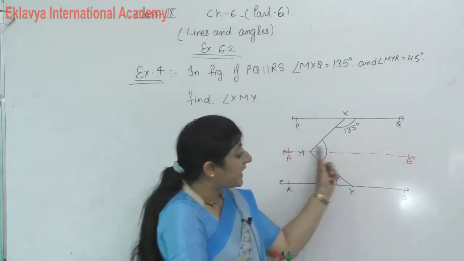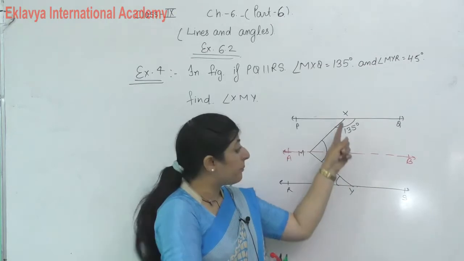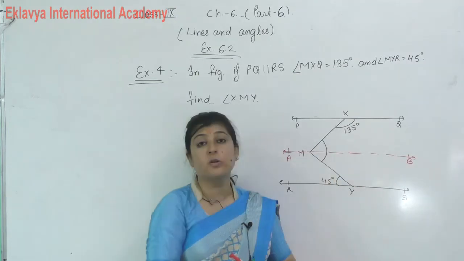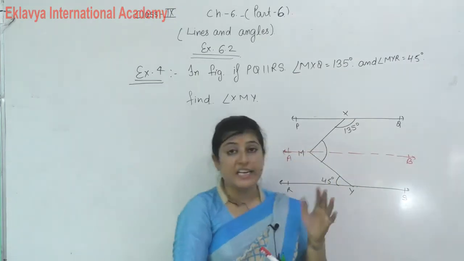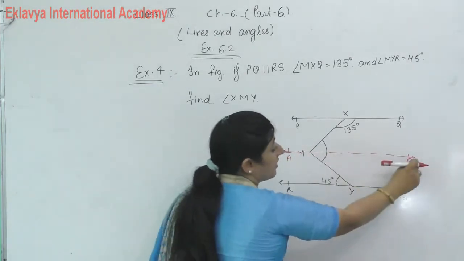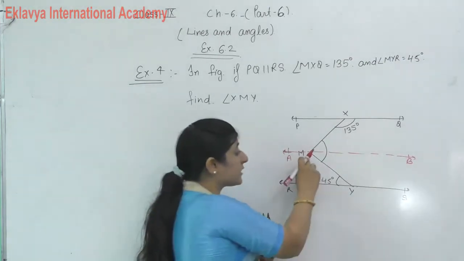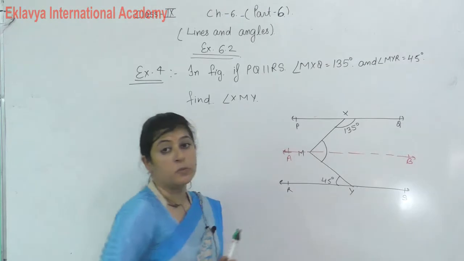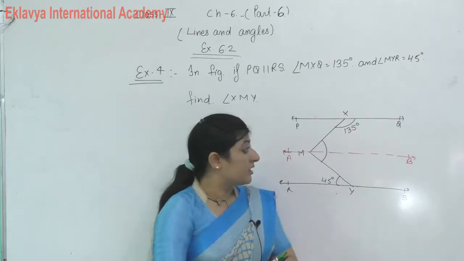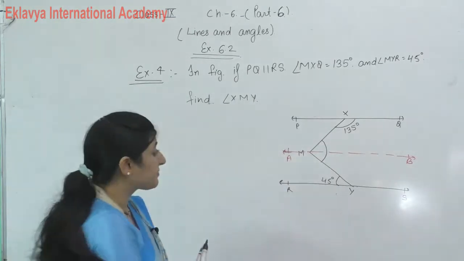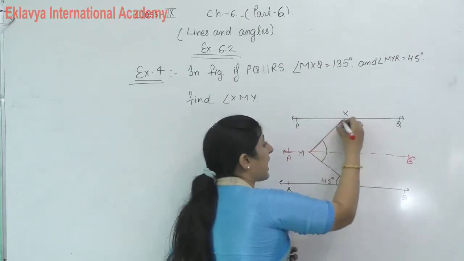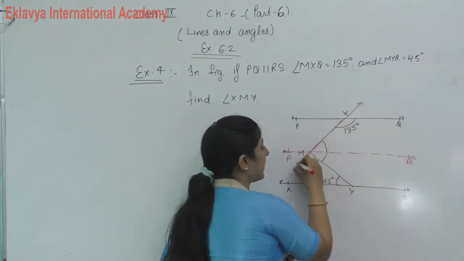It means if we are drawing one line parallel to PQ, and PQ is already parallel to RS, then by this theorem RS is also parallel to AB. So we apply this theorem directly here. In the construction we draw a line AB passing through point M parallel to PQ. Now PQ is parallel to AB. Then see, this XM is like a transversal or not?